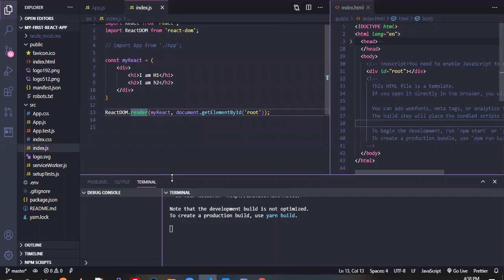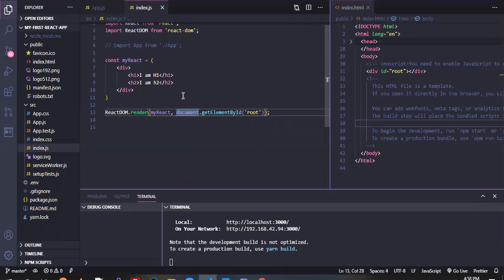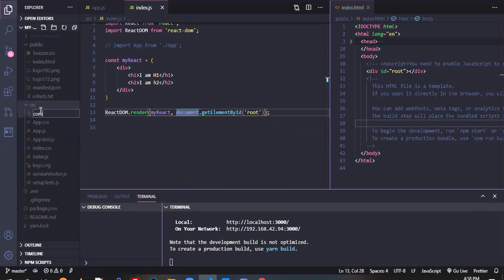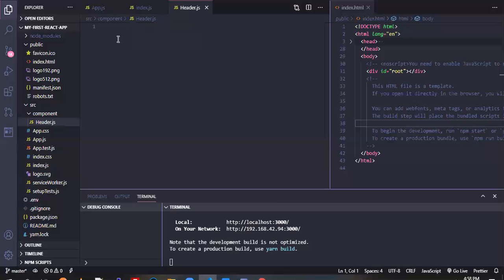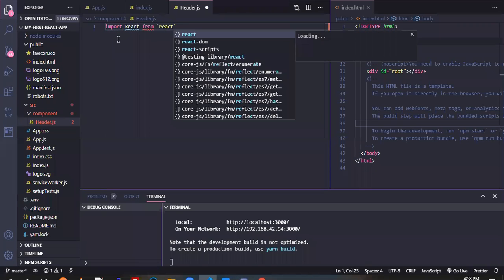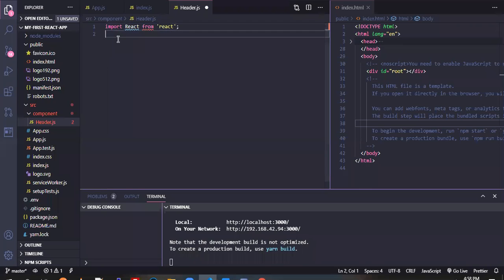Let's say I want to create a website, and you know that a website has a navigation bar, the body, and the footer. So here I can create a folder and call it components, so that we have separation of concerns. All my components are going to be here. I want to have header.js. So here, this is going to be a React component from React,